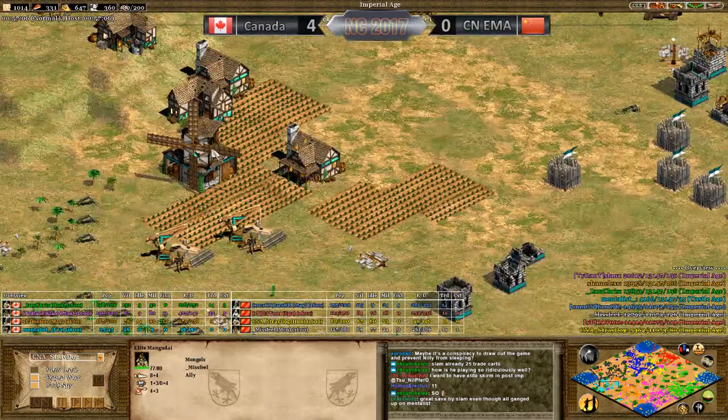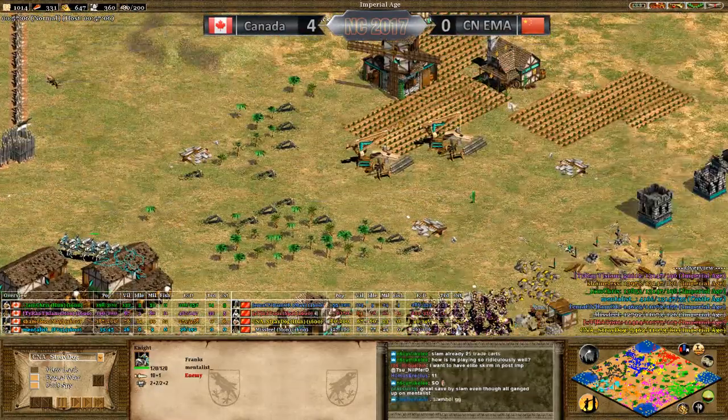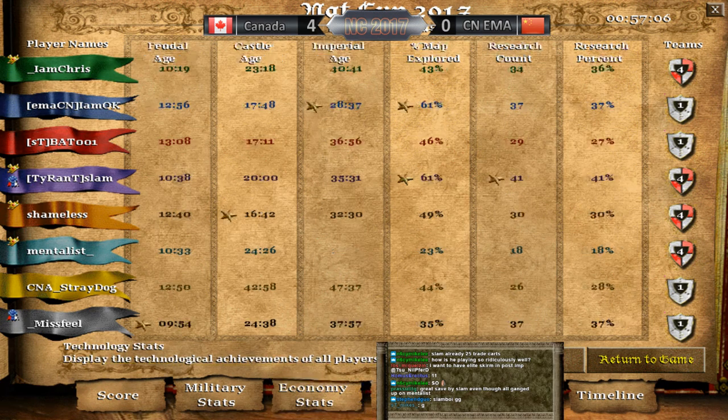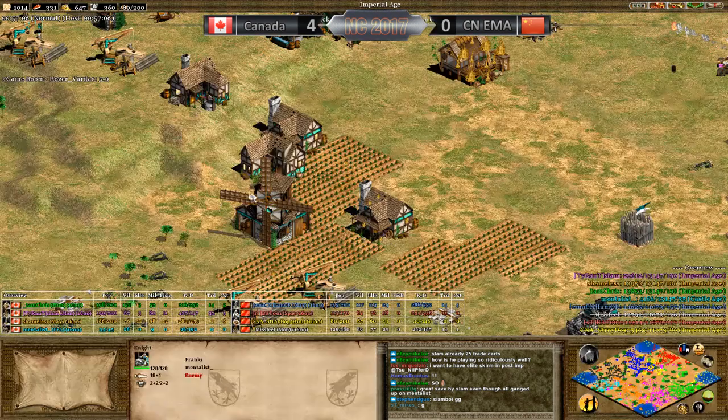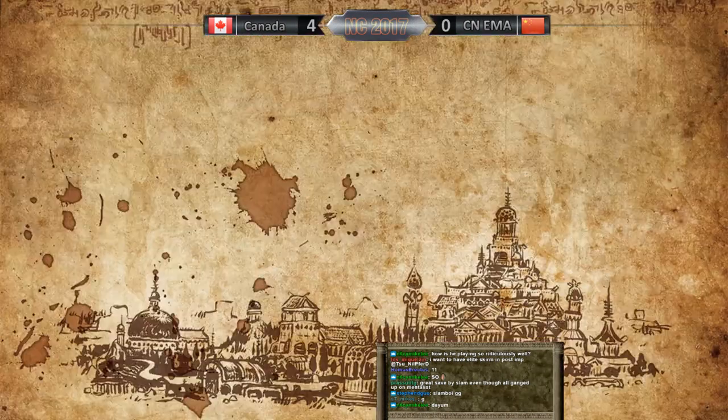Well, Mentalist isn't the most important guy here. Pop 26, didn't really matter. Even went on Knights now. Okay, let's take a quick look at the achievements. Slam KD close to 3-1. The other Mongols had a positive KD, but that's not too important. Stray Dog completely dying against Chris. Oof. Guys, that was an